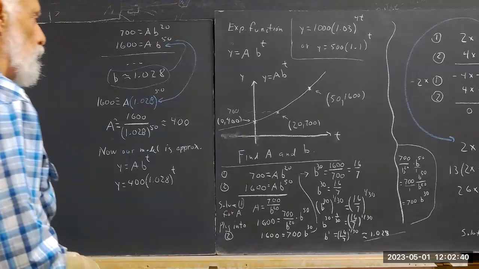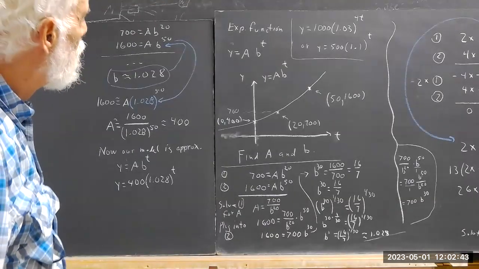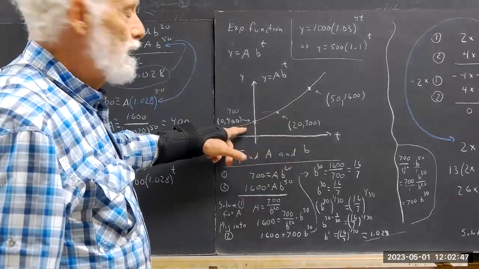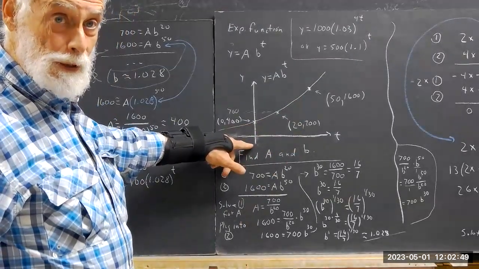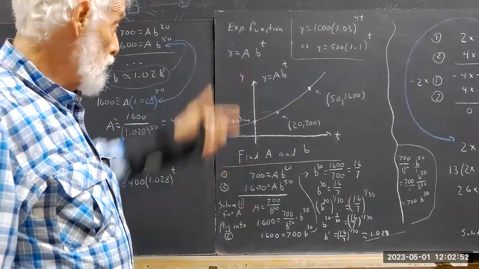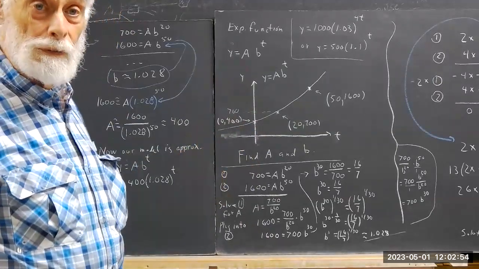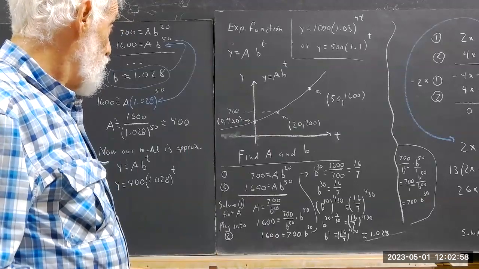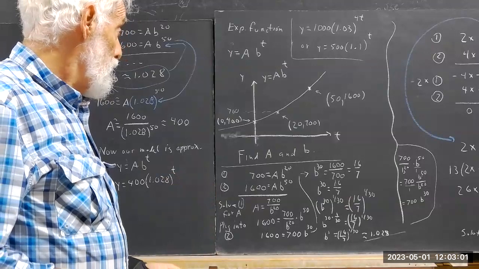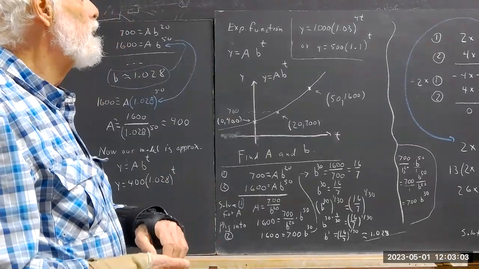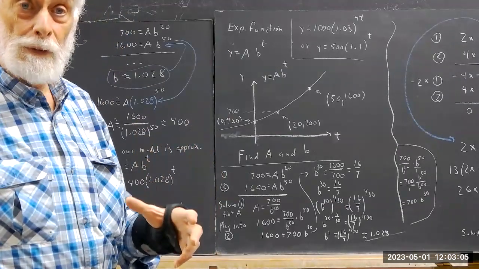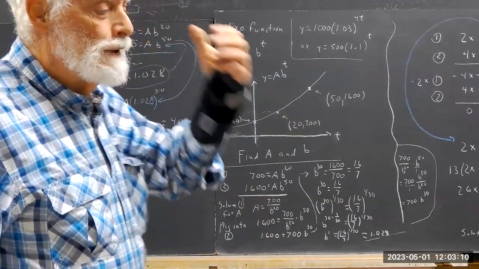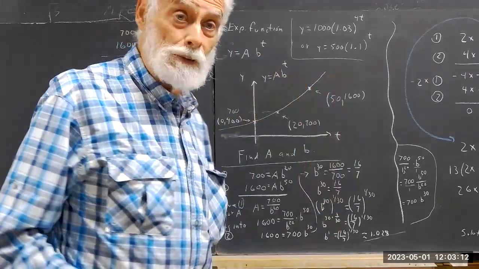This point is (0, 400). So maybe we want to know how much the initial investment was if it was made at t equals 0. This allows us to fit an exponential function to any 2 points on a graph. So if I observe a population, if this is a population,